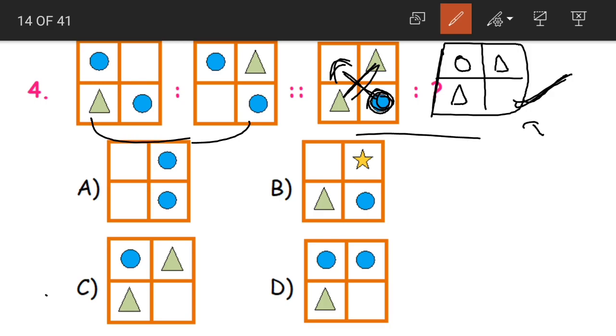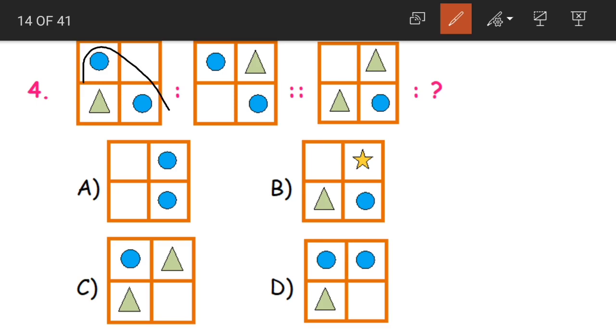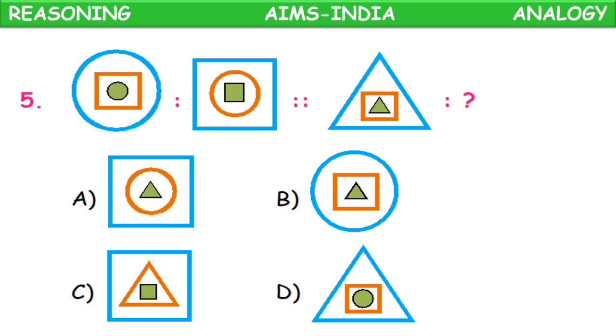If you look at the given options, which is the correct one? Option C. We are having two circles, and again, see children, all the figures are same in both of them. We are having two circles and a triangle, again two circles and a triangle. Now in pair 2 also we should have two circles and a triangle. The placing is also important. The triangles are in the same place, only our circle has moved to the opposite direction. I hope this is clear.